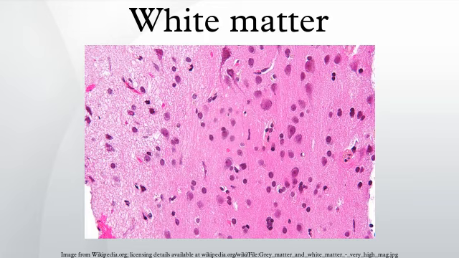For example, in the historic case of Phineas Gage, a railroad foreman who survived a large iron rod being shot through his brain in 1848, the white matter damage was far more extensive than the damage to gray matter. Unlike gray matter, which peaks in development in a person's 20s, the white matter continues to develop, and peaks in middle age. This claim has been disputed in recent years, however.